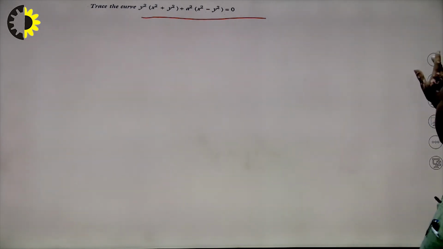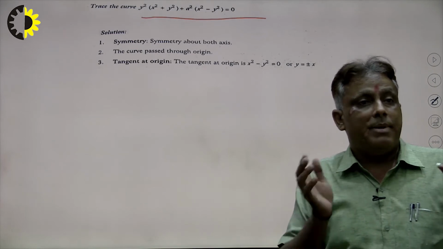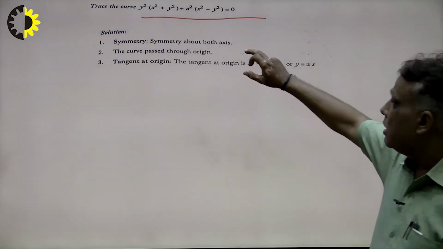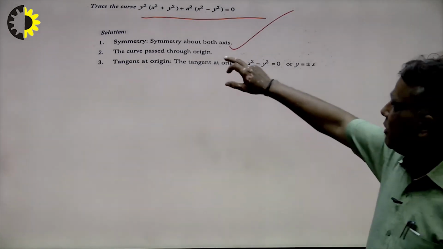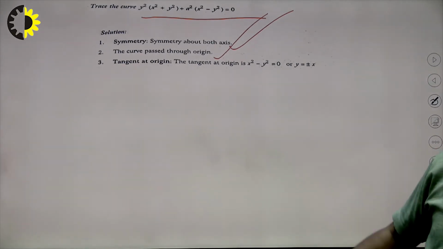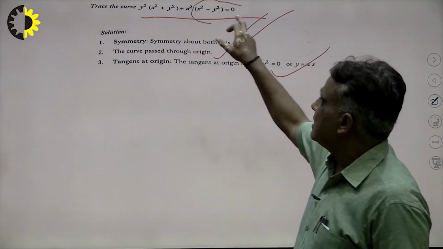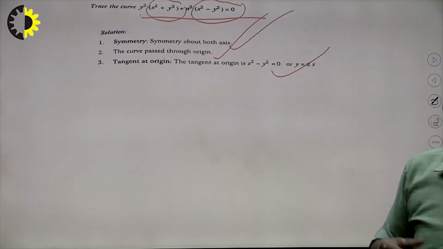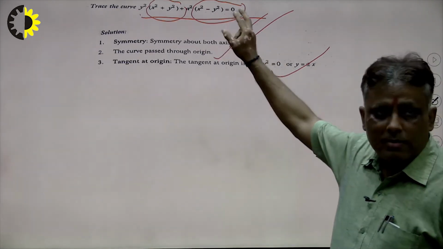So students, keeping in mind when we solve the problem, symmetry may be more than one, may be more than 2, more than 3. So in this way we can find out the given curve is symmetrical about both axes, I write in short. The given curve is passing through the origin, I write very short, right. What is the tangent at the origin? So equating to 0 the lowest degree terms, this is also lowest, right, because y square multiplied by this gives y raised to the power 4, degree will be 4, so the lowest degree terms will be here x square minus y square.